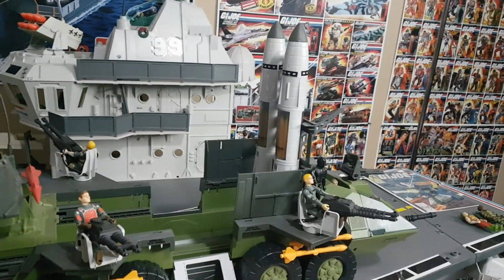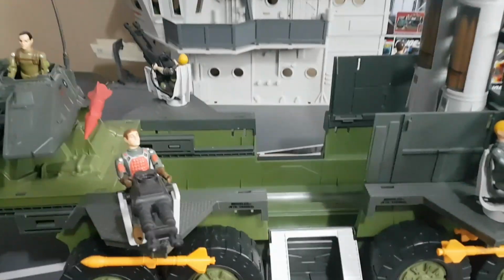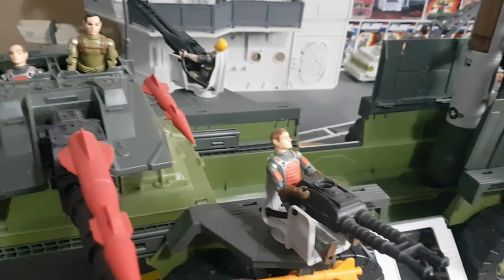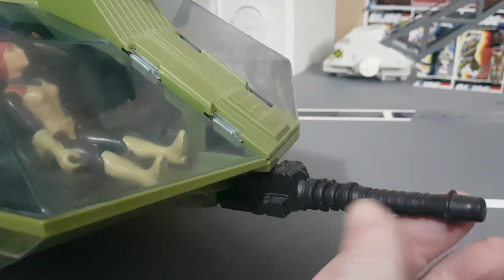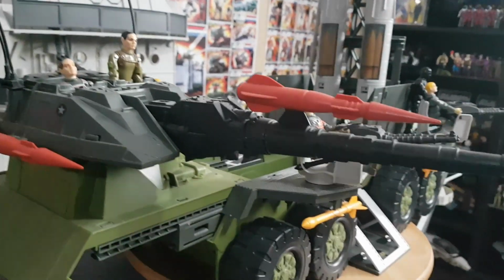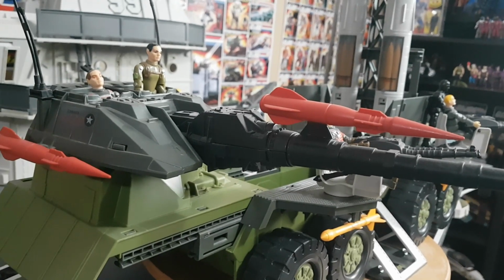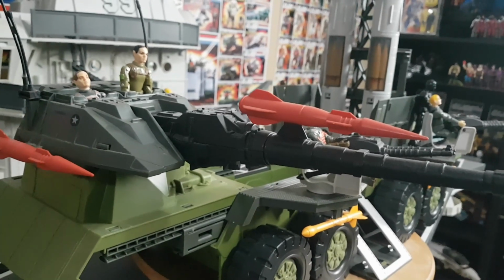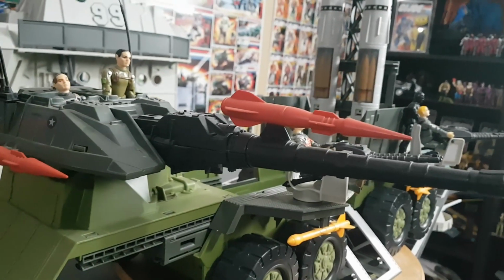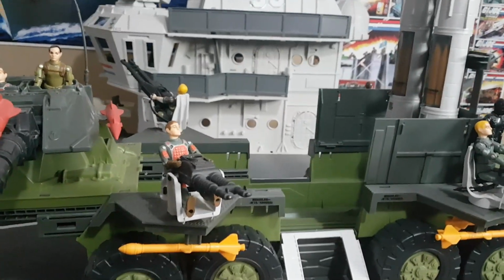The two lightning rockets, 4 double machine gun chair posts. It's got a machine gun on the front with a radar dish. It's got a large cannon at the front that can swivel back and forth. It's got a really large tank turret that is actually longer than the 1985 G.I. Joe Mauler tank, which was the biggest G.I. Joe tank, really, for the size of the cannon on the front. The Slugger had a big one too, but this bad boy here is even bigger than that one. So it's pretty heavily armed, like I was saying,